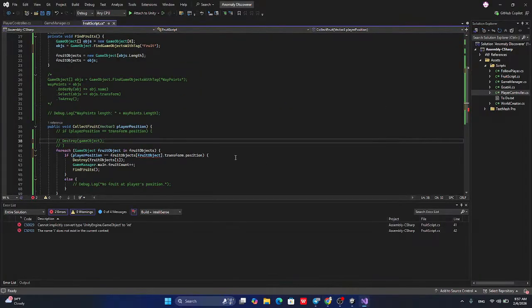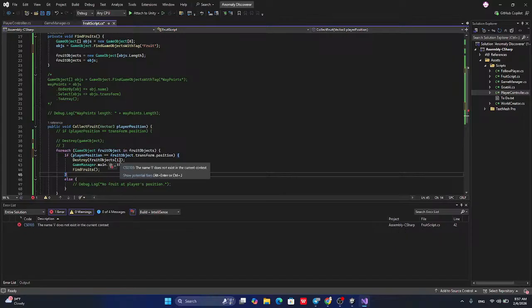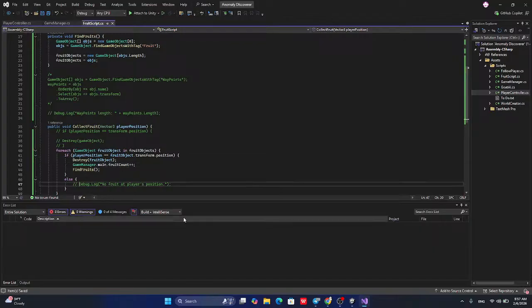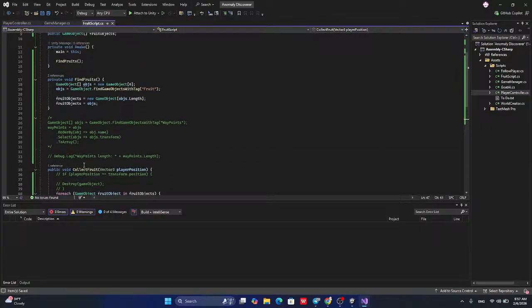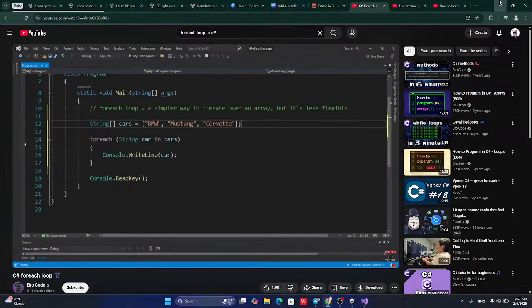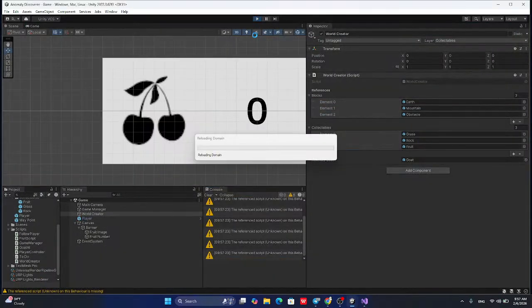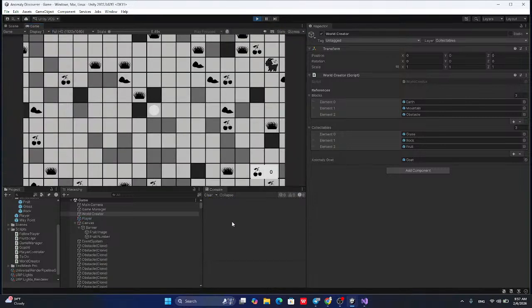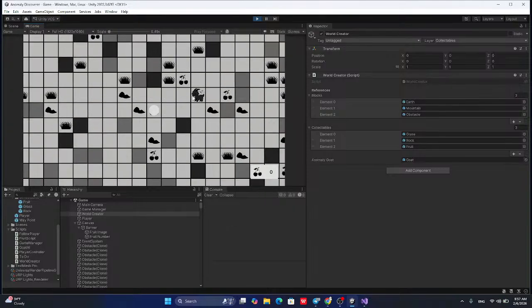I kind of got the idea. So for each fruit object in fruit, the fruit object, destroy that fruit object, and then, so it's like a void function, so it doesn't have to do anything, I believe. Oh, there I got it already. Okay, so